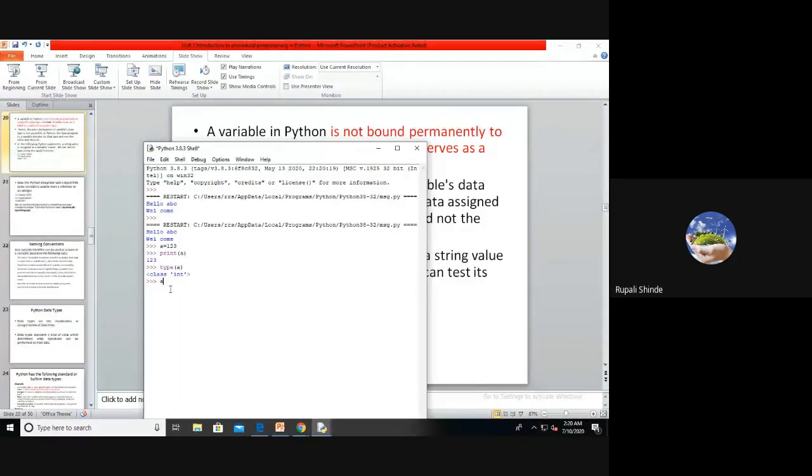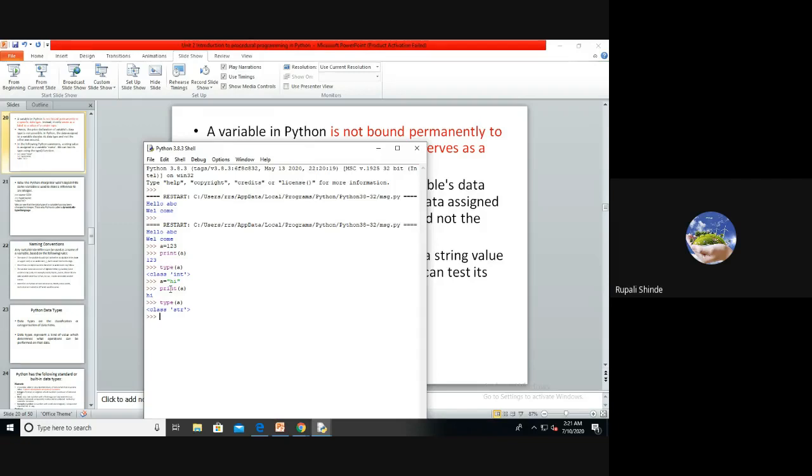Suppose again I use A is equal to a value in double quotes. I store a string into the A variable. Print A, it displays it. Then I want to check the type of A. Now what result is it going to display? Class str, because now the variable A has a string.